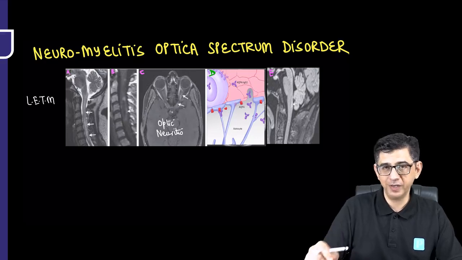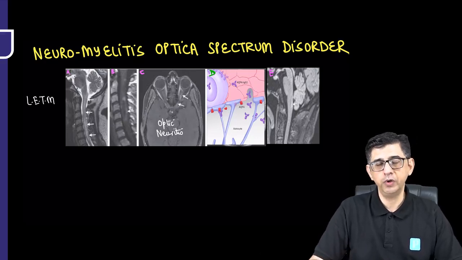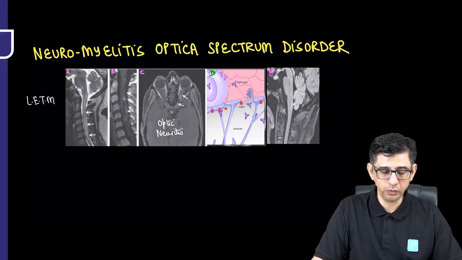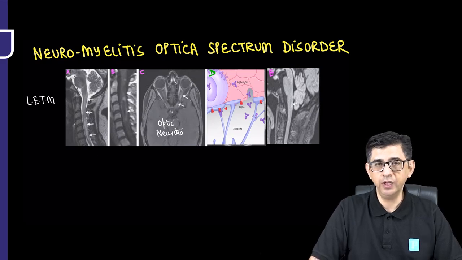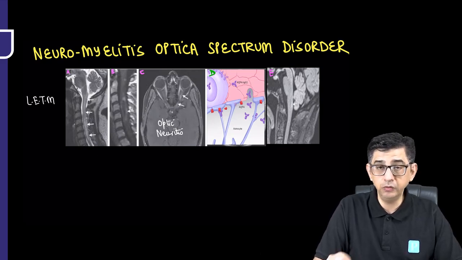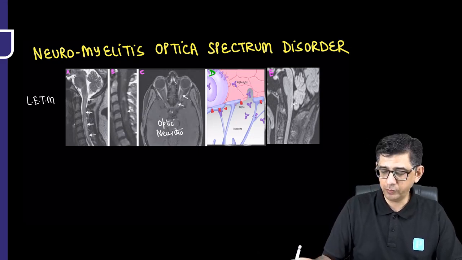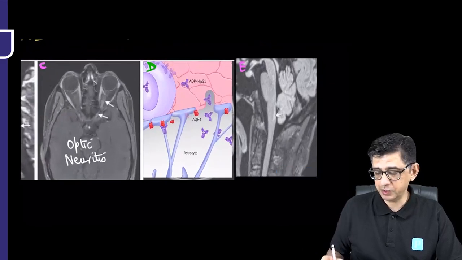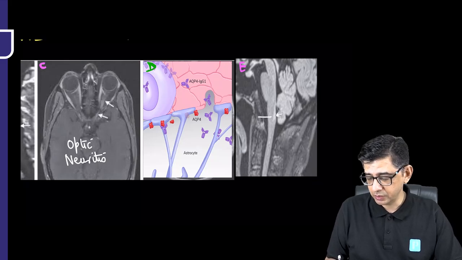But at the moment, the message is one: every time you read about an Asian or African woman with bilateral optic neuritis, longitudinally extensive transverse myelitis, think in terms of neuromyelitis optica, even if anti-aquaporin 4 antibody is given to be negative or has not been tested at the moment. Why do we call it a spectrum disorder? Well, you can see at image number E in this patient, that's going to be a lesion in the brainstem